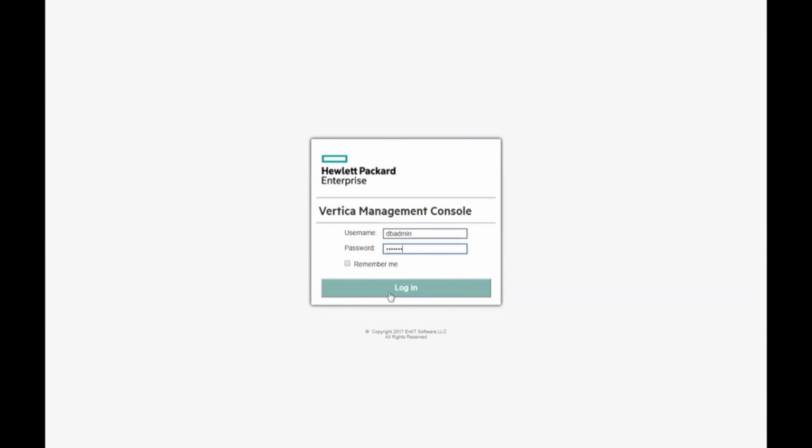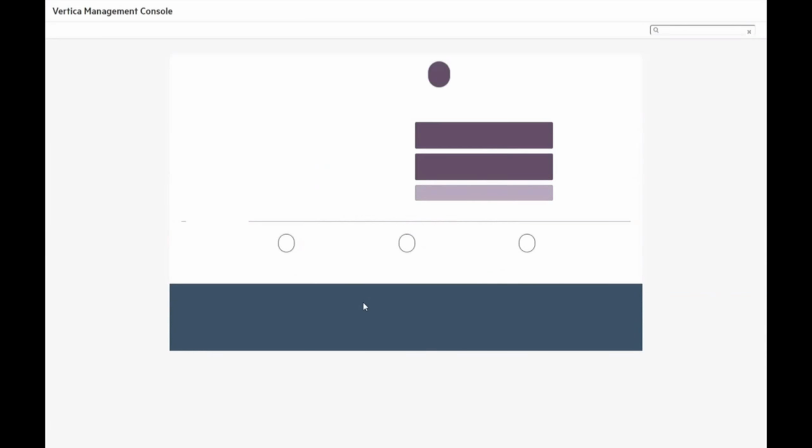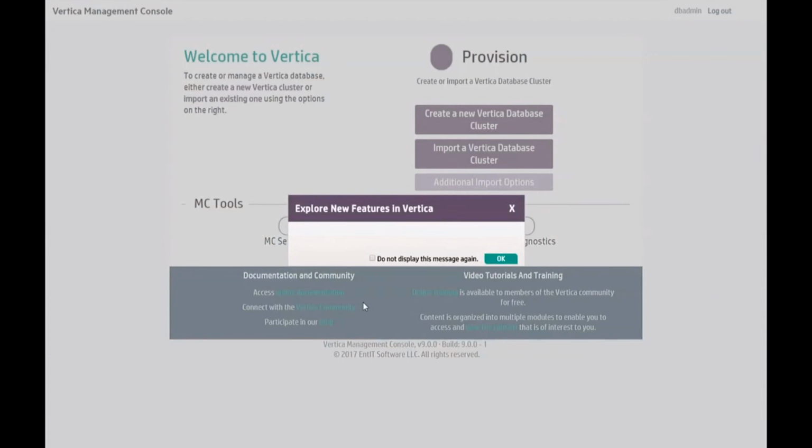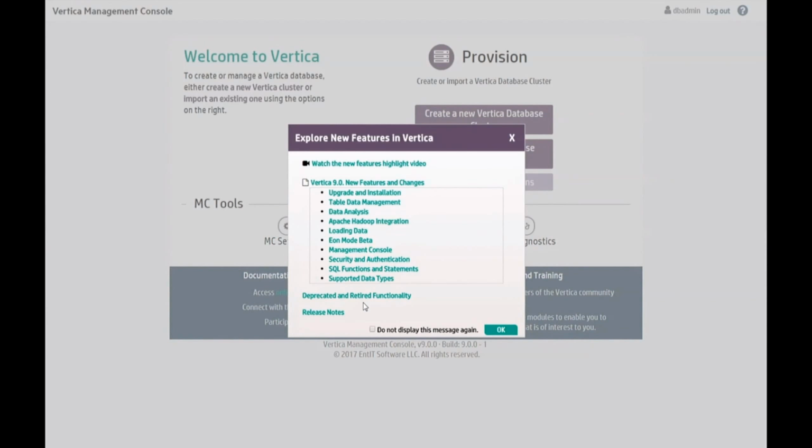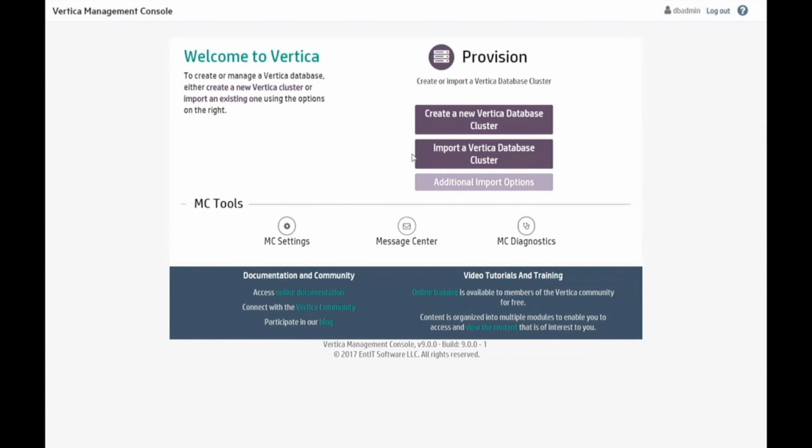So I'm going to go ahead and log into the management console. Okay, and you can see here a screen that shows you some of the new features in Vertica 9 that are included in the management console. So I'll just click OK on this. And on the right-hand side here, I want to import a Vertica database. So I'm going to click on this second button,